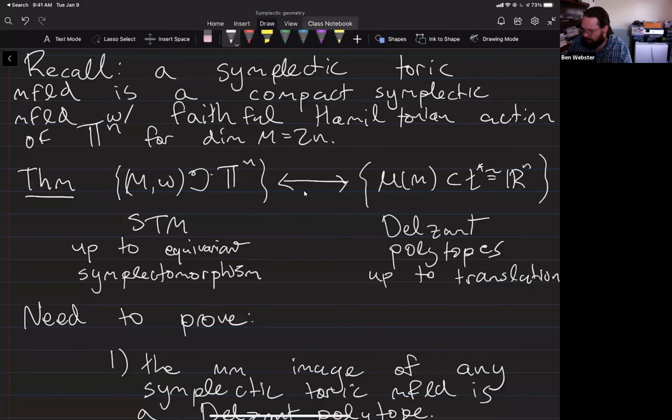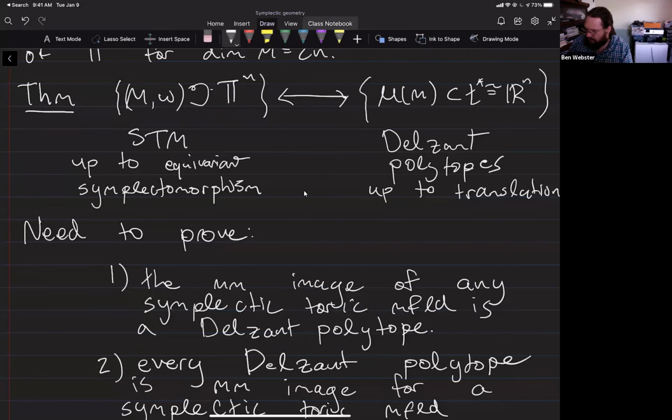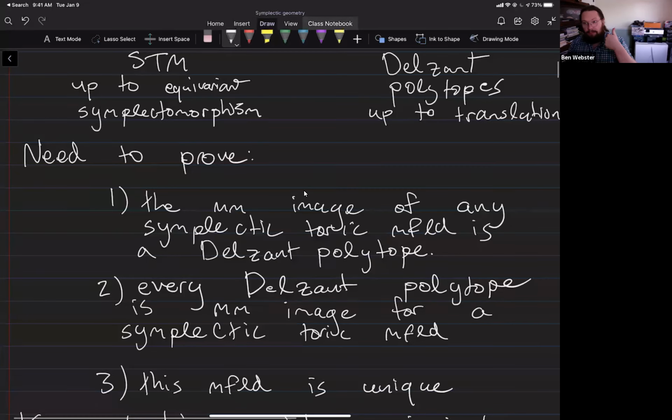All right. So what do I need to prove? Well, I need to explain why the moment map image of a symplectic toric manifold is a Delzant polytope. I need to explain how you can take a Delzant polytope and construct a symplectic toric manifold whose moment map image is that polytope. And I have to explain why that's unique. And for all of these things, I'm going to do a little bit of a sketch. I don't think I'm going to try to get every single detail of any one of them. But I think all of these are